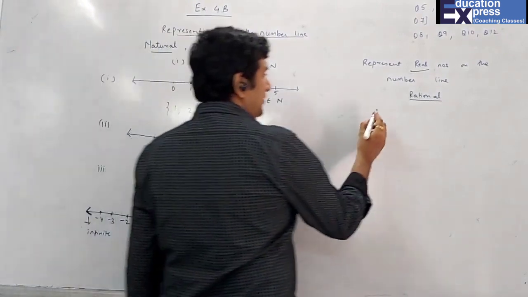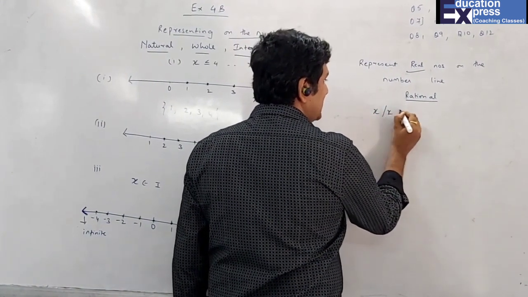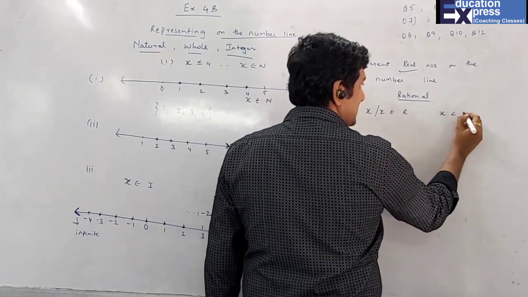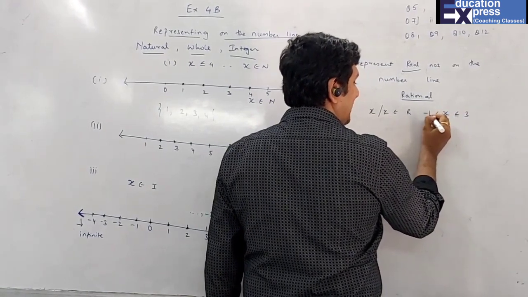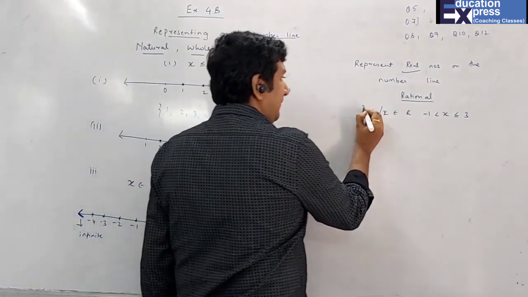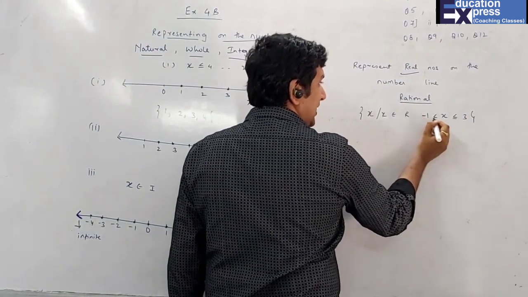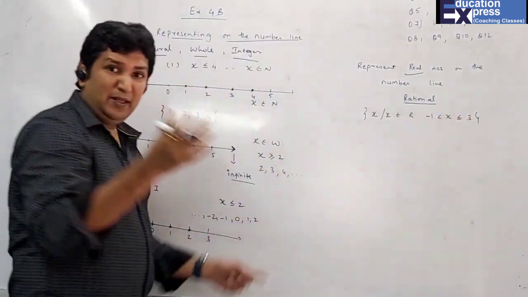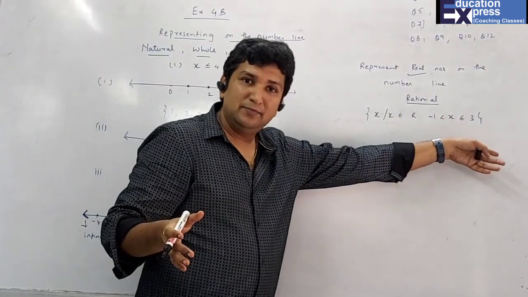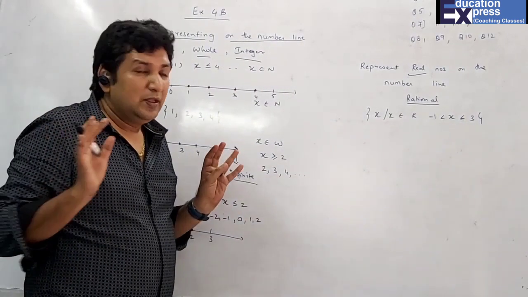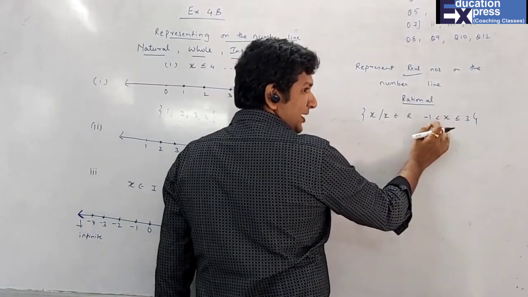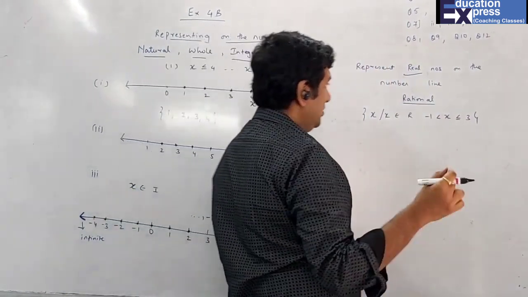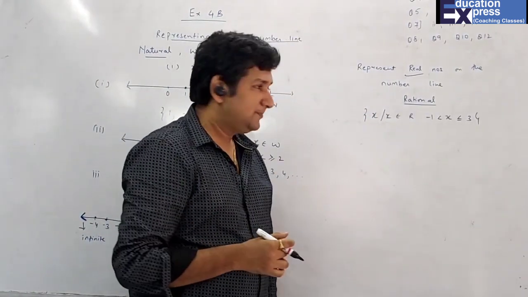Meaning, in case they say x belongs to real numbers and x is less than or equal to 3 and more than -1, over here they have given me the starting point and the end point. That means I have limits on both sides, and neither side is infinite. So one thing is sure: x is more than -1 and x is less than or equal to 3. Now what is the most important thing in real numbers?